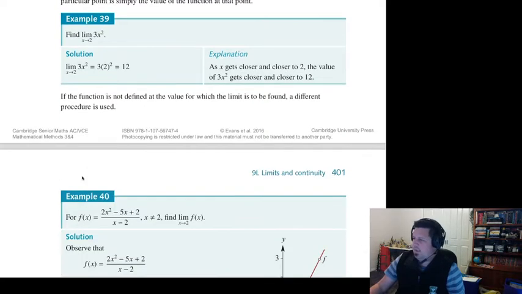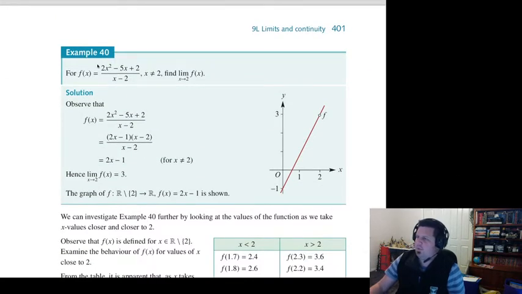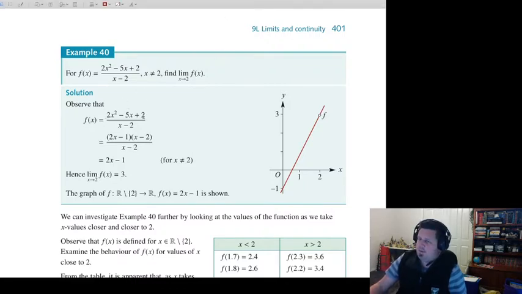You can get situations where we've got a function except when x equals 2. It says find the limit as x approaches 2 for that particular function. Obviously that's in there because if x was 2 they'd be dividing by 0 and that would cause problems, so that's why that's there. In this particular case, we need to factorize the top line here,